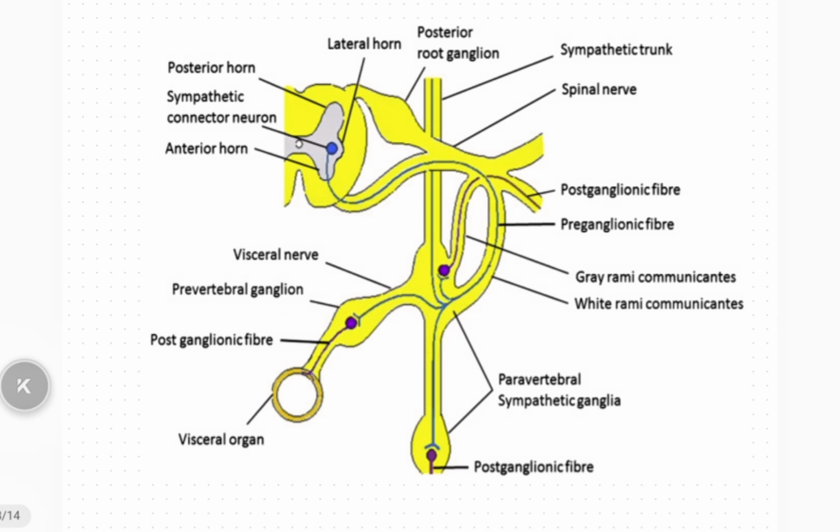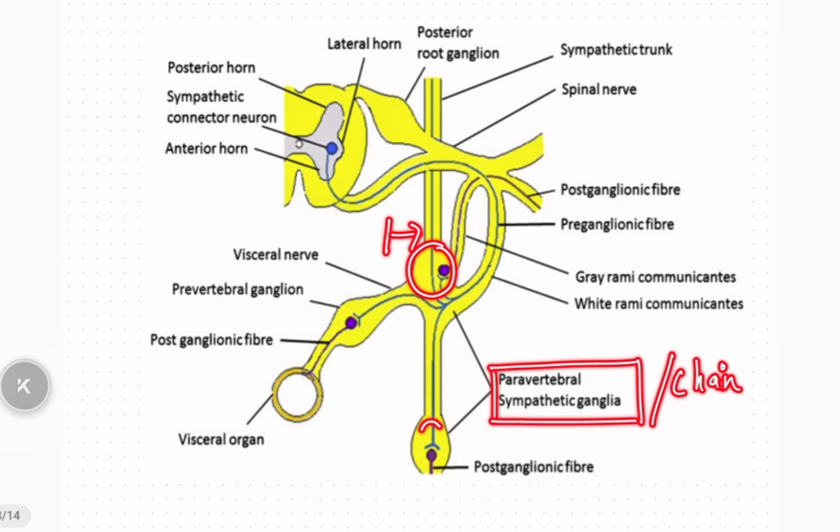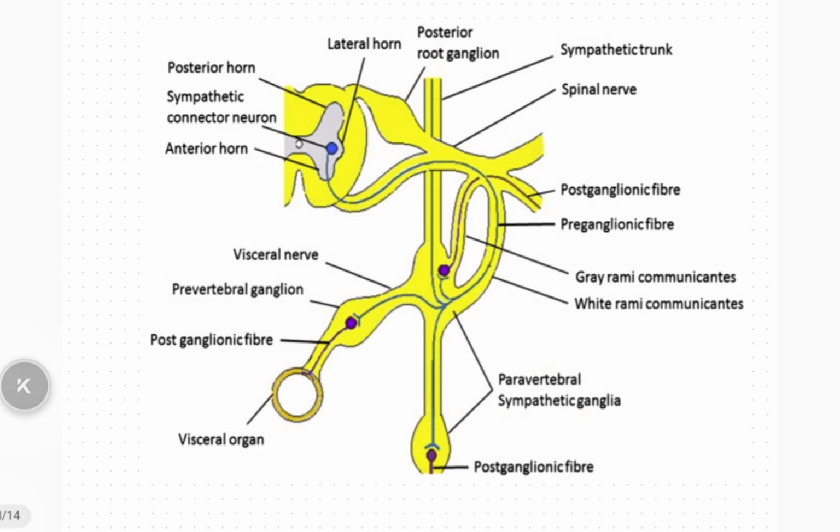When we look at the course of these ganglia or the neurons in these ganglia, we may find that the paravertebral ganglia or chain ganglia are located just lateral to the vertebra, here, here, or here. It is throughout the spinal cord. We may notice that it arises from the lateral horn, and this preganglionic fiber follows the course of white rami communicants. We call these white rami communicants because these preganglionic fibers are myelinated, and the neurons which are myelinated appear white. So this course is known as white rami communicants, and it forms a synapse here at the chain ganglia